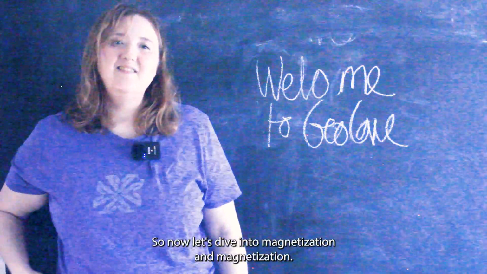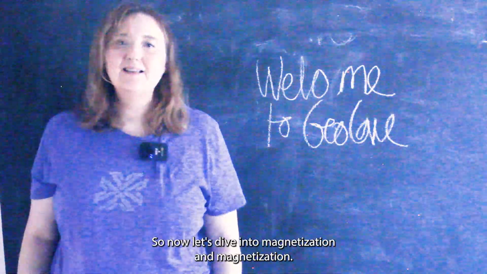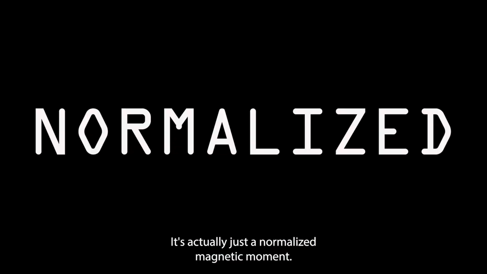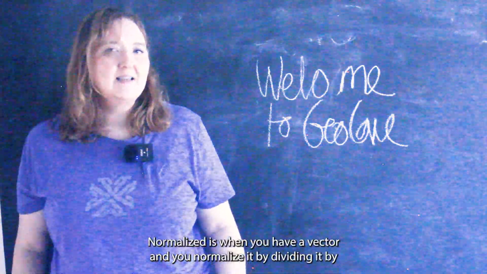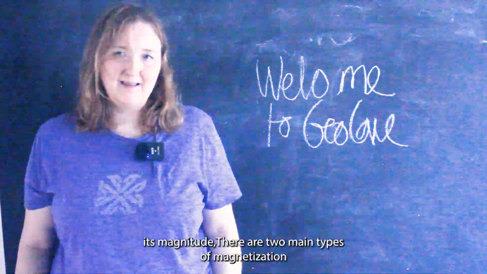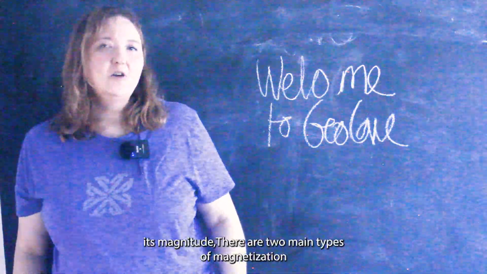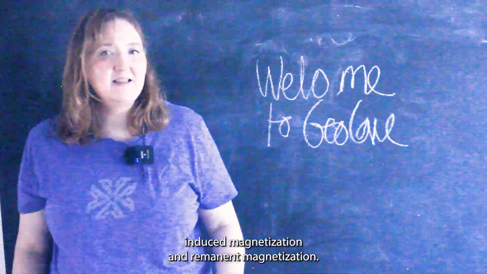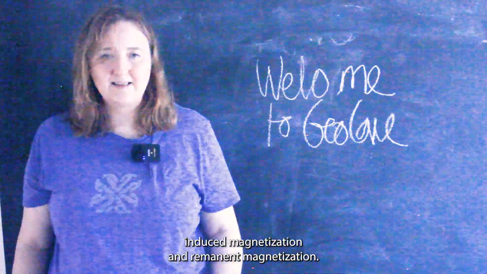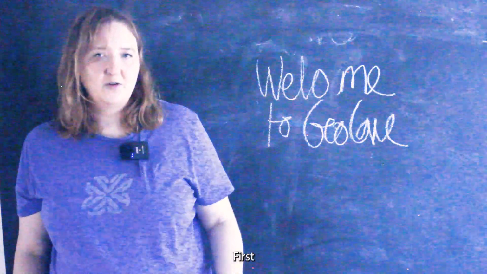So now let's dive into magnetization. Magnetization is actually just a normalized magnetic moment. Normalized is when you have a vector and you normalize it by dividing it by its magnitude. There are 2 main types of magnetization: induced magnetization and remnant magnetization. First,